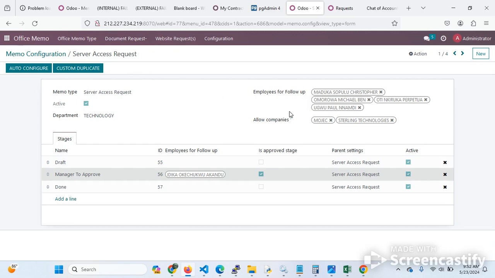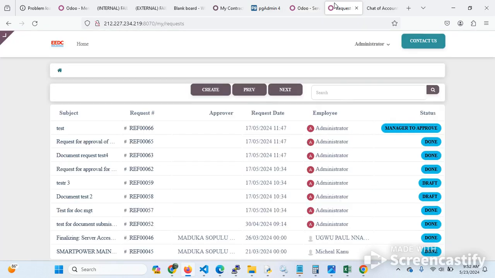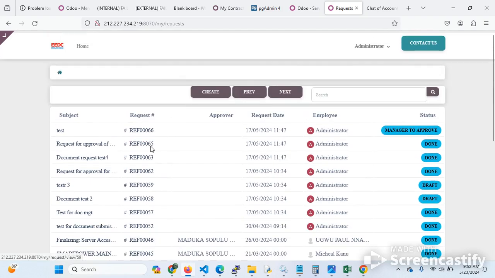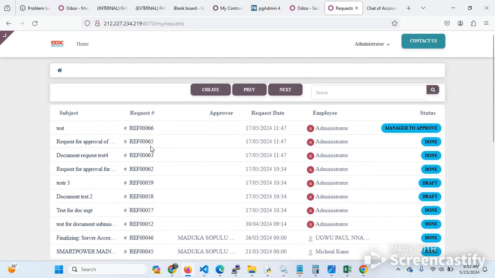Right. So this is just it for now. More features are coming in. So this is done on version 16 and also in version 17. All right. So we also have version 14. You can feel free to go to the App Store or kindly request the contact in the description of this video to be able